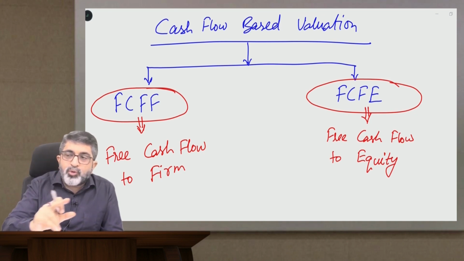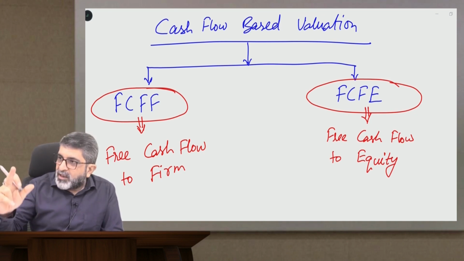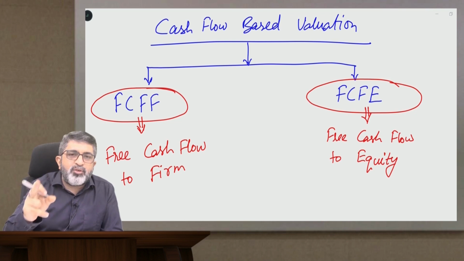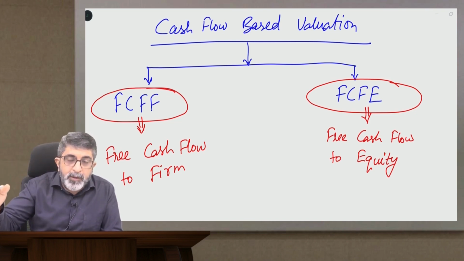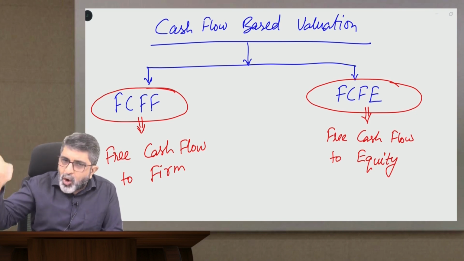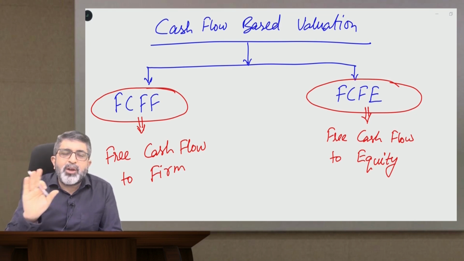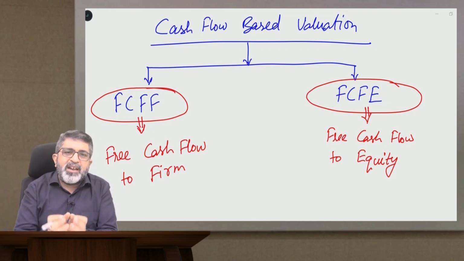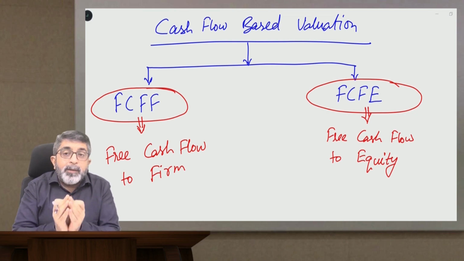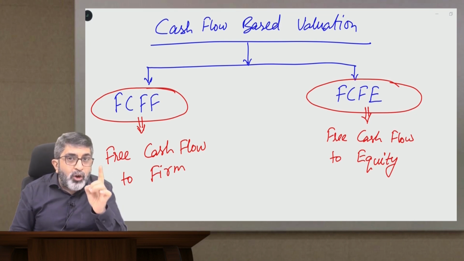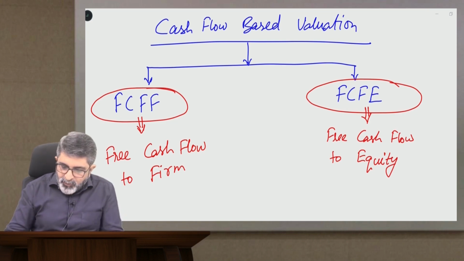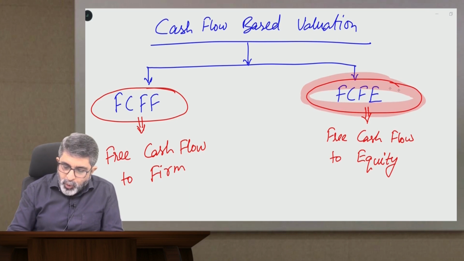So when it comes to a stage of liquidation, equity stockholders or common stockholders or ordinary stockholders will be standing in the queue at the end. Be it routine profit distribution, the common stockholders will be standing in the queue at the last, because they are participating in the residuary interest. Therefore, when you are talking about what will be the cash flow available to these people, you are talking about free cash flow to equity,